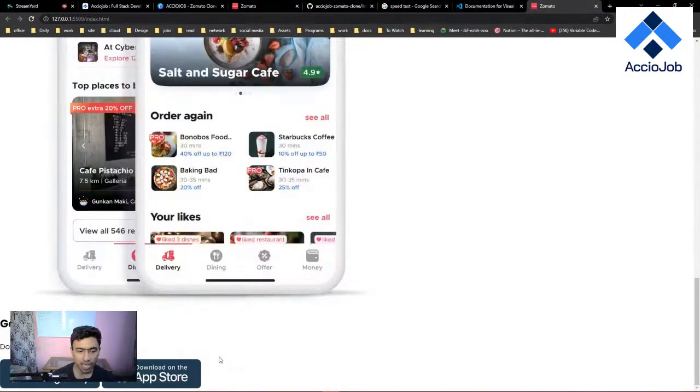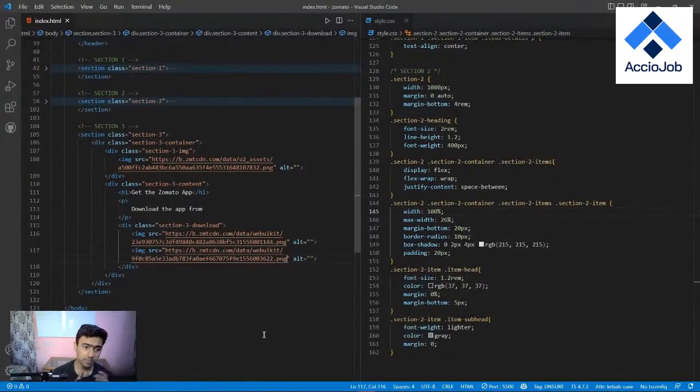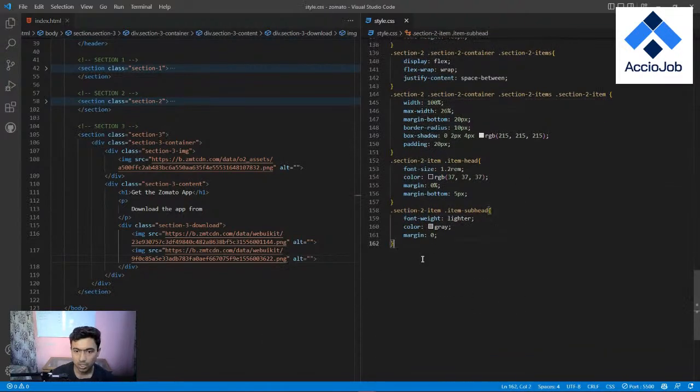Okay, now we have to arrange it using CSS. Like how we can do that, we'll be seeing in a while. Okay, so the structuring part of the section 3 is completed in a very quick way. Now we have to write the section 3 CSS. So let's go back to the CSS part, and here we have to write section 3. Okay, there is a section 3, and now let's start with section 3